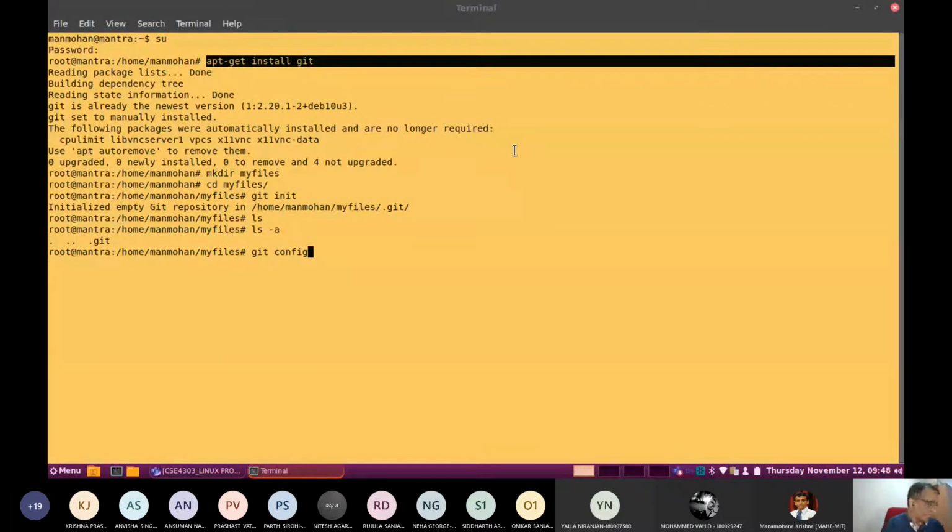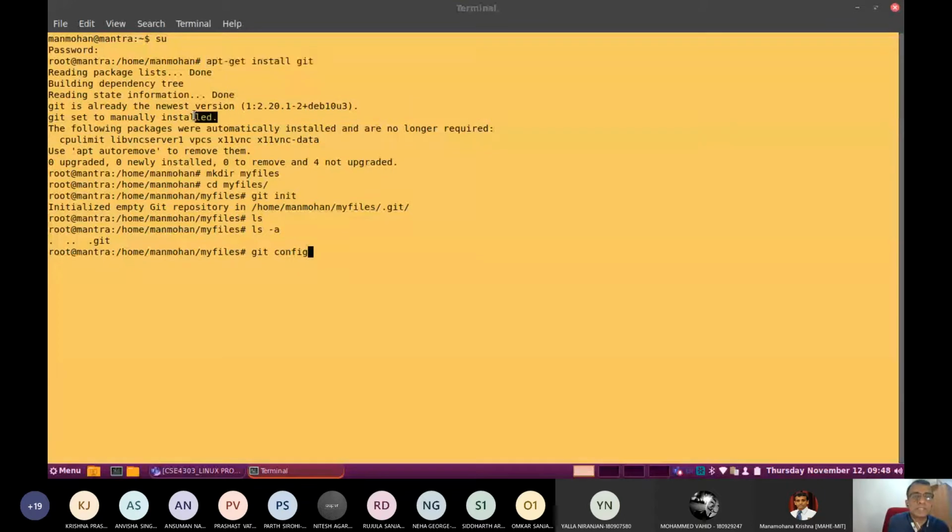Okay, very carefully you can note down the commands. In my case, as of now it was already installed, so Git is already the newest version. Otherwise, it will take a little bit of time to download the Git software, and after that it will be installed.